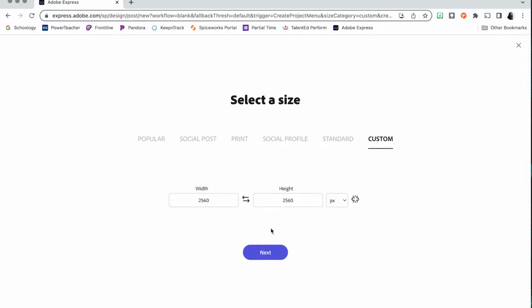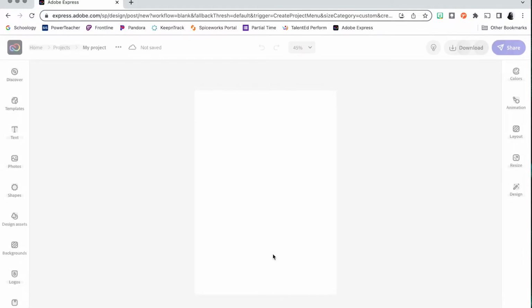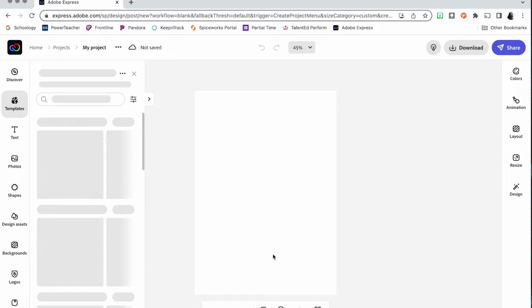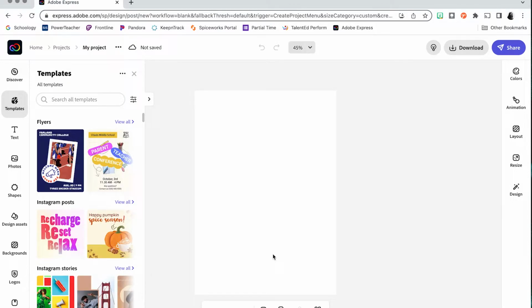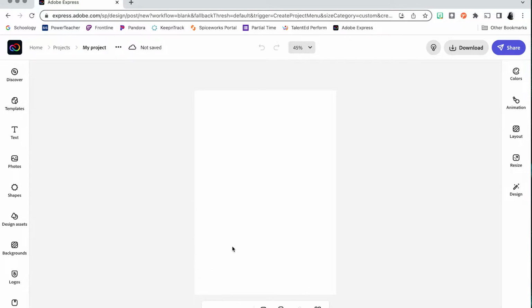And once this loads, we're going to set the size to inches for the units of measurement. And then we'll go ahead and make the width 5 and the height 7. Make sure this says inches and click next. Okay, once this loads, we're going to get rid of the template suggestions and we're going to design this space